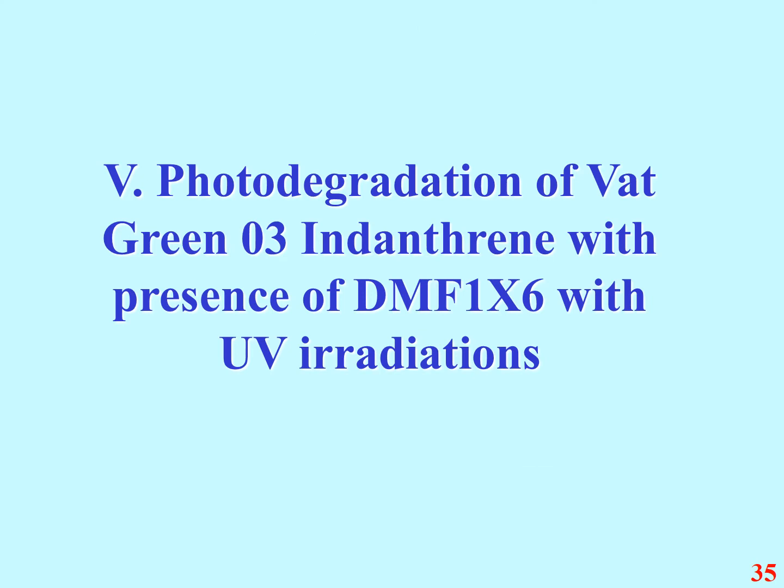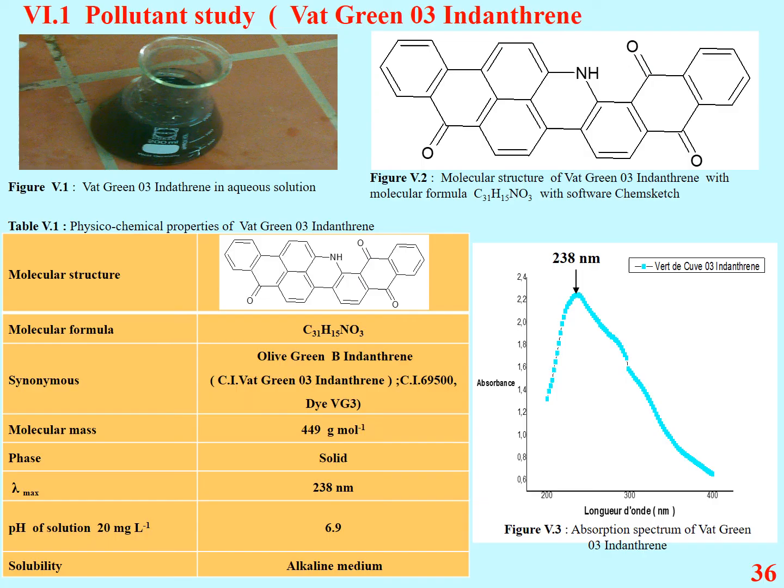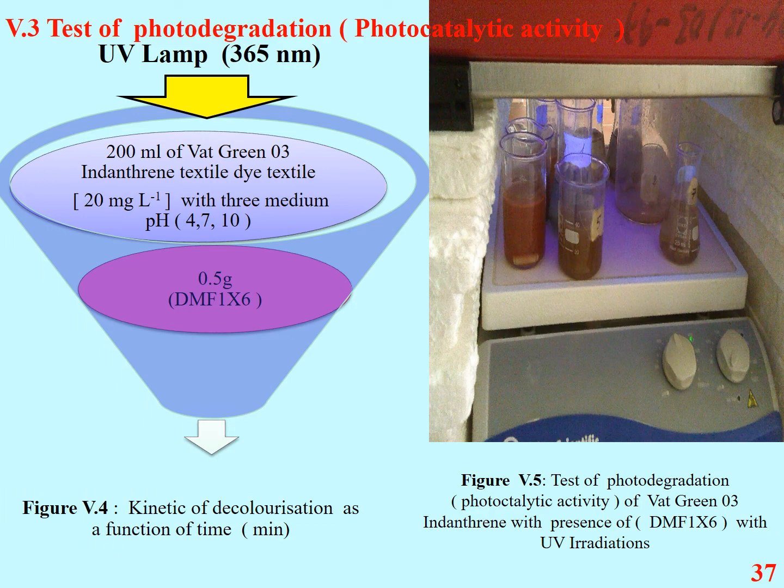For the degradation of Photogreen 03 Indotron in the presence of diatomite modified by ferrihydrite with calcination, we use UV radiation. The pollutant studied, Photogreen 03 Indotron, comes from the textile industry in Senia, Oran, with its molecular structure shown, a solution pH of 6.9, and solubility in alkaline medium. Molecular formula C13H15NO2. We test photodegradation, the photocatalytic activity, using a UV lamp with wavelength